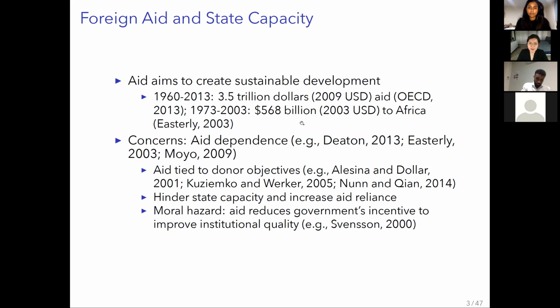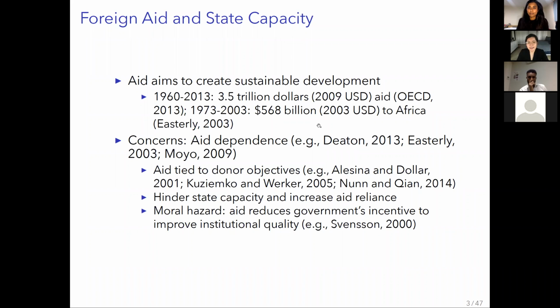And the main concern is that aid doesn't seem to have worked, especially with respect to its main objective of creating sustainable development. If anything, people have argued that aid is increasing aid dependence. And what do they say specifically? Well, I would put the main criticisms into two bins. One is that aid seems to be more tied to the donor's strategic objectives than to the needs of poor